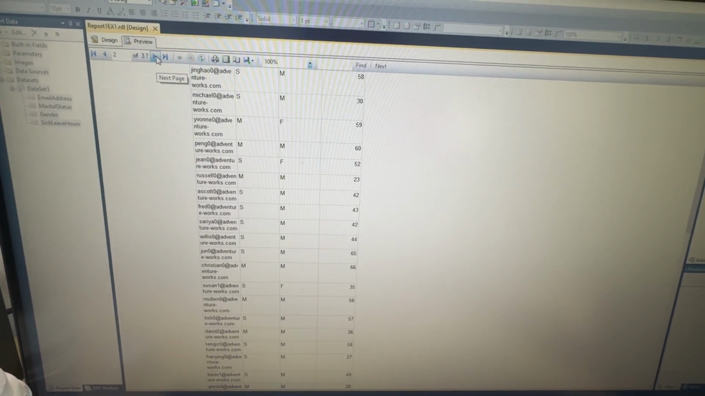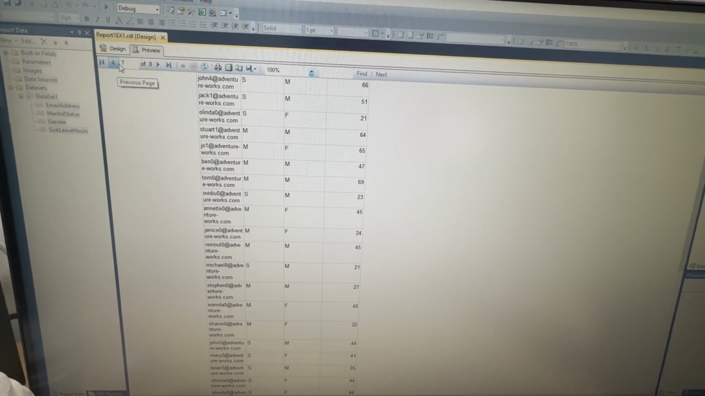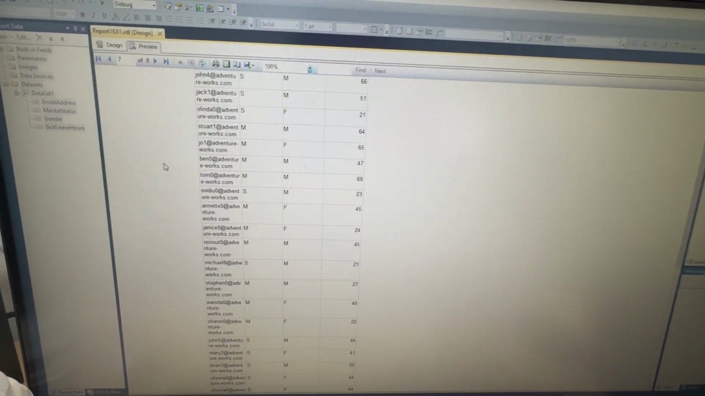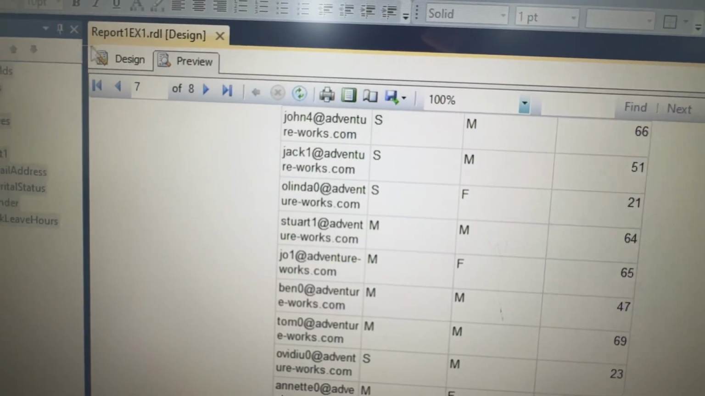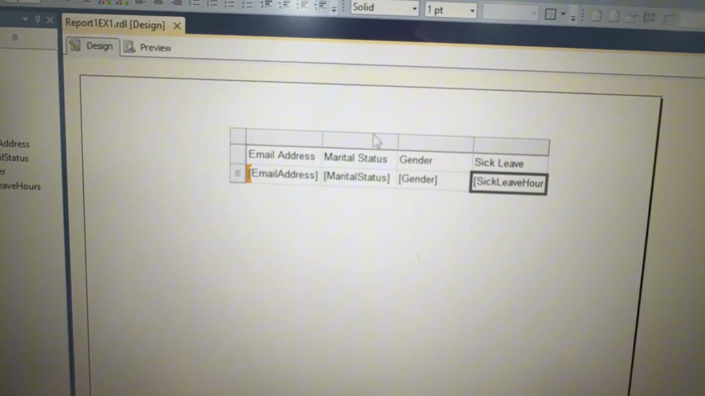Now come to the design. Here I have already placed these tables and all. I need the heading for my report. You can just click insert text box. What is it? Maybe I am going to say